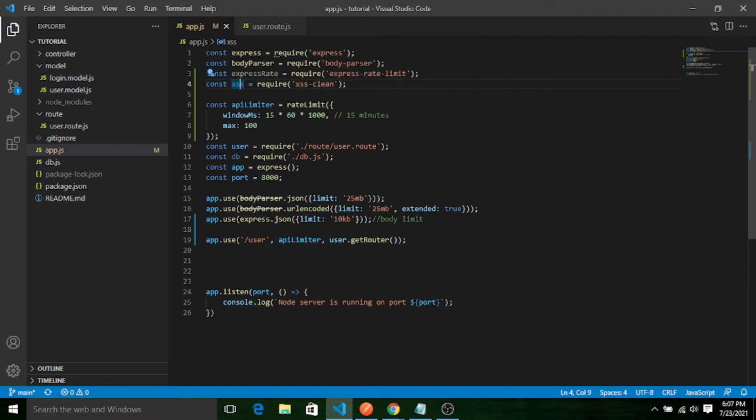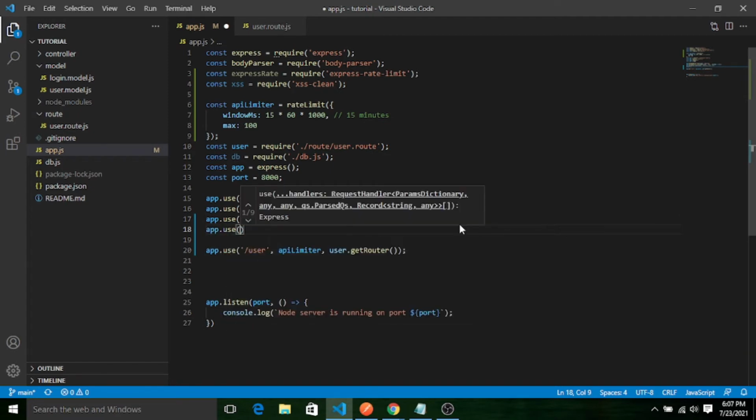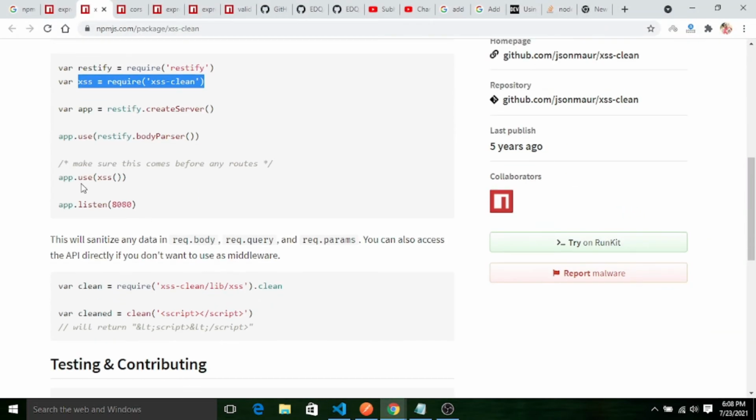Copy, app.use, like this. So it will sanitize the body part of your request. If you implement it like this, it will actually sanitize the body part of the request. Now let me go to the same. See, like this only we can use.